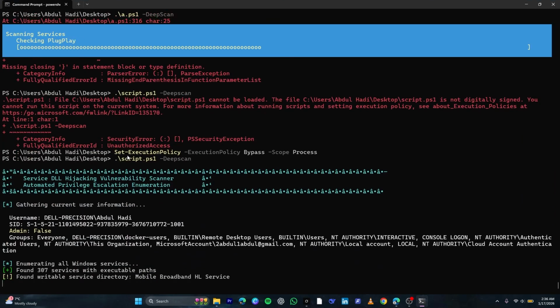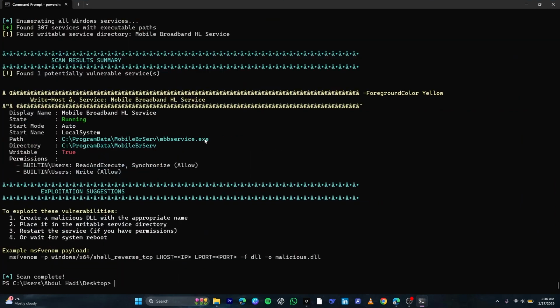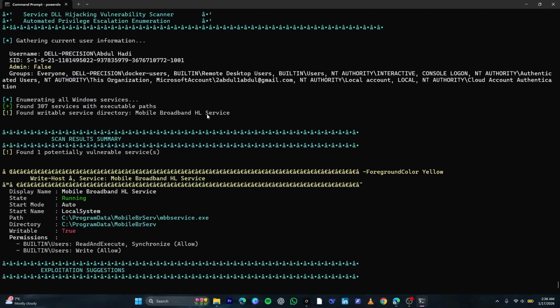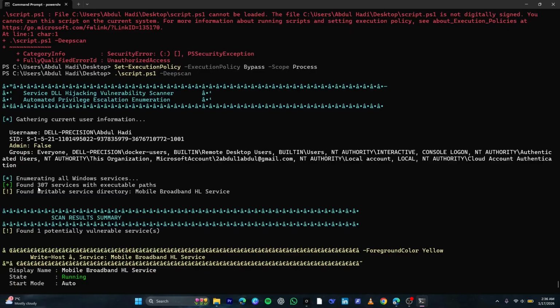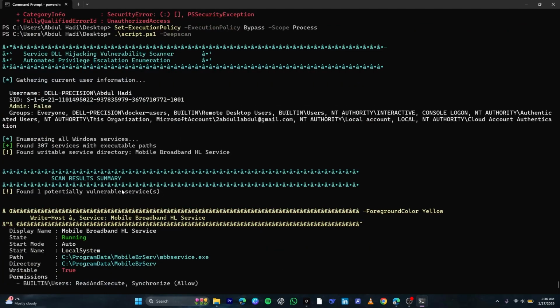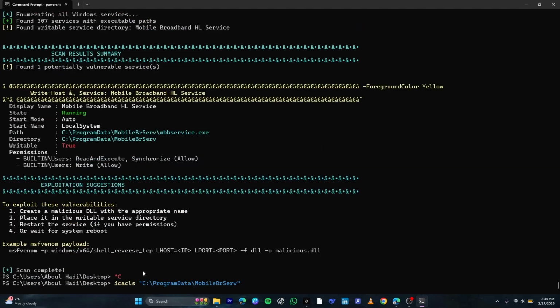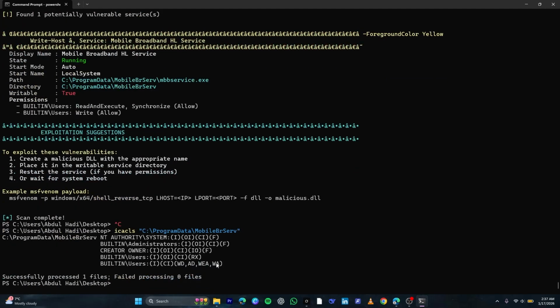You can see I have just bypassed the execution policy. So let's see what we got. It actually found 3 or 7 services and found one vulnerable service. Okay, so I copy this path and let's see the actual permission. I think right here we can see we have the W permission,